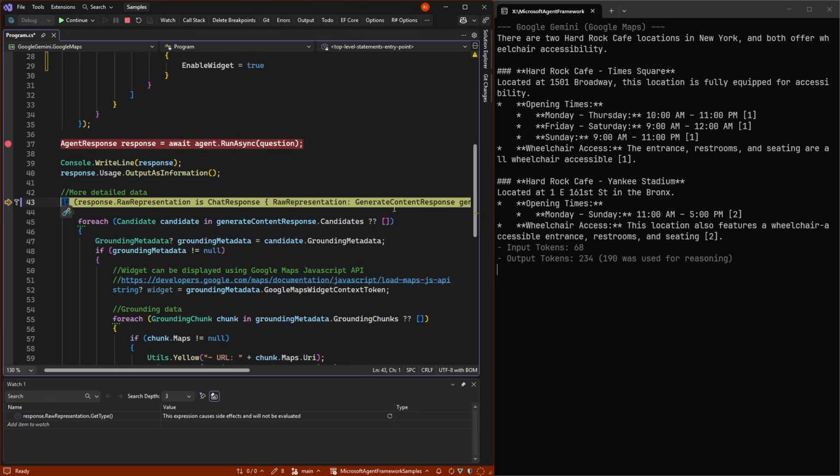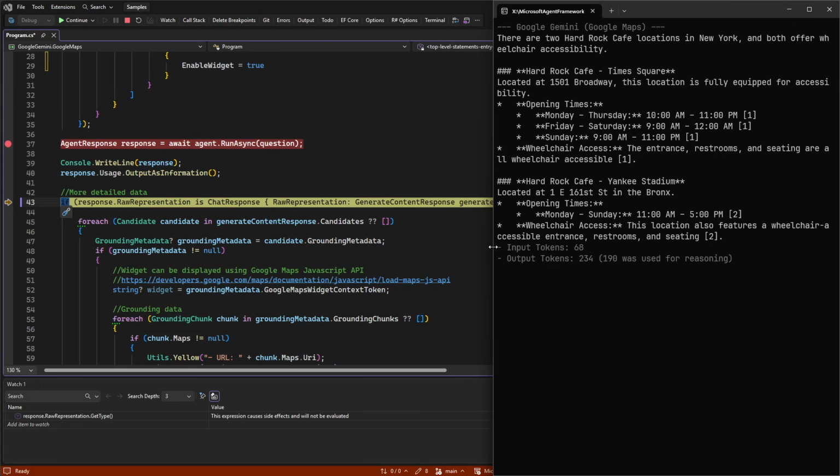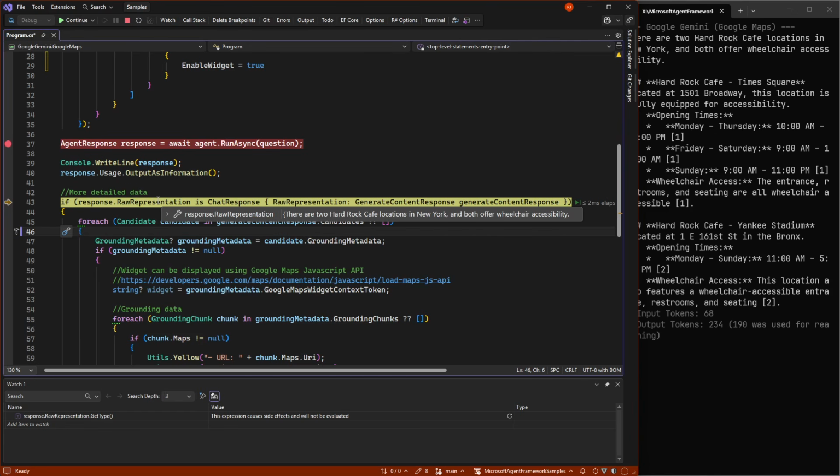So what we can do in order to actually look a bit more into this, instead of just what has been shown here, which has been taken out of the response, is go in and take our response, get the raw representation of that, which is a chat response, still Microsoft.